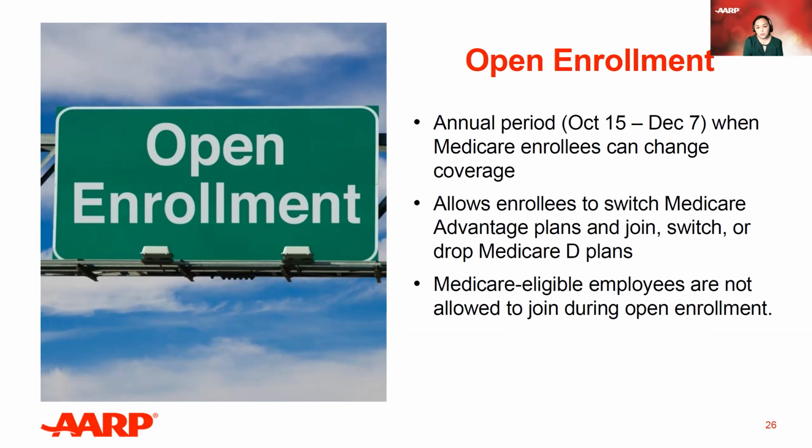For large employers, they could go ahead and enroll in Medicare parts A and B during initial enrollment. They could enroll in Part A only during initial enrollment, but then delay Part B, assuming that this employee is still going to be covered by an employer-based plan. They can do that until their special enrollment period. So let's say they retire, that's when the special enrollment would trigger, when they retire or when they lose their employer-based coverage.